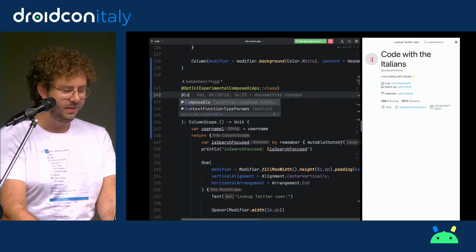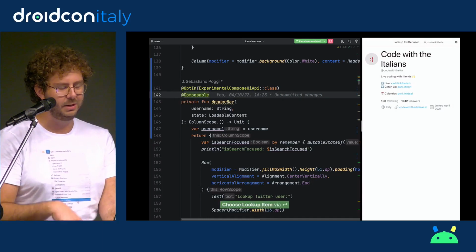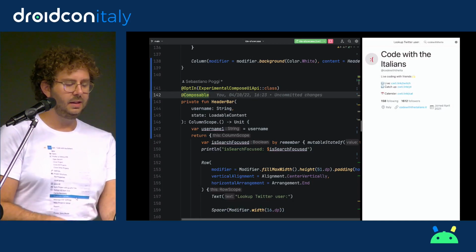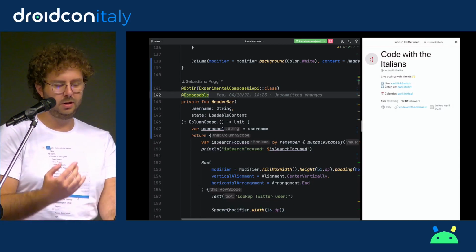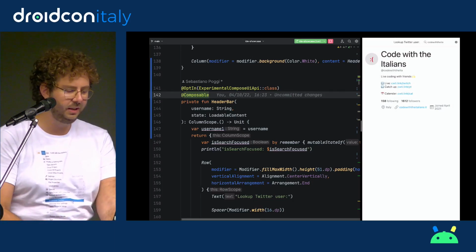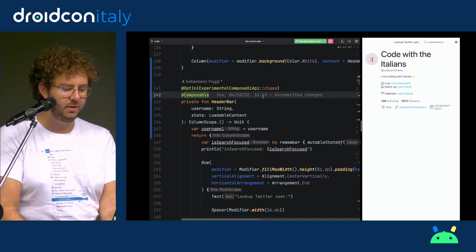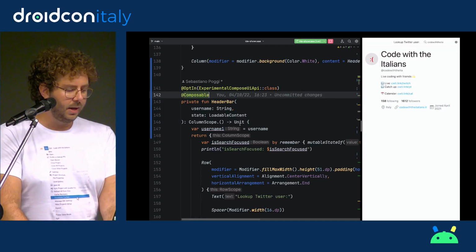So the tooling for Jetpack Compose would have added the @Composable annotation for me. The desktop version is a bit more immature. It doesn't yet. It will at some point, but it doesn't yet. But it will do that for you, generally, when you do Android. Okay, so